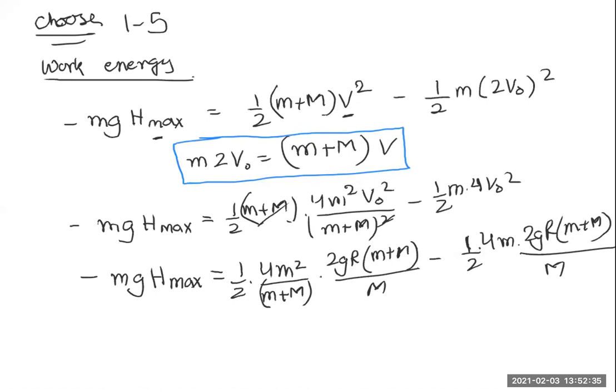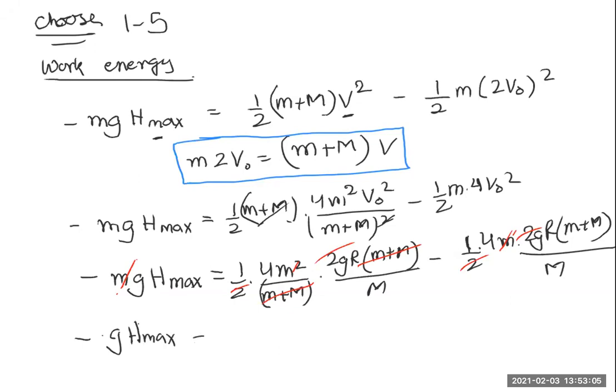So now let's see what cancels out. M plus m goes away, 2 and 2 goes away, 2 and 2 goes away. So I can write now minus, एक m भी उड़ा सकता हूँ मैं, एक m यहाँ से उड़ाया, एक m यहाँ से उड़ाया. Right? So what do I end up with? Let's see. I end up with minus gh max